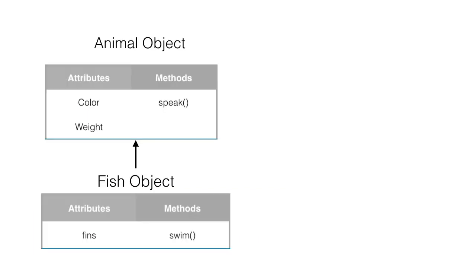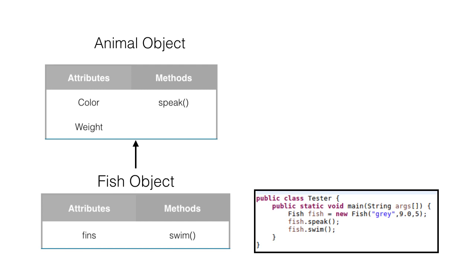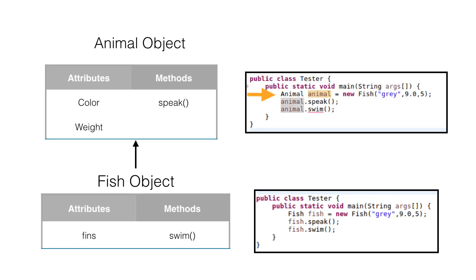The other important thing to note is that if you create a variable of type subclass, so here we have created a variable fish of type fish, then it has attributes and methods of both the superclass and its own. So here the speak method from the superclass and its own swim method. However, if you instantiate it as a superclass variable type, so here as animal, even though you are doing new fish, you are assigning it to a variable of type animal. It will only get the attributes and methods of the superclass and not its own, like swim would not be available. Let's jump into a demo to see these concepts in action.